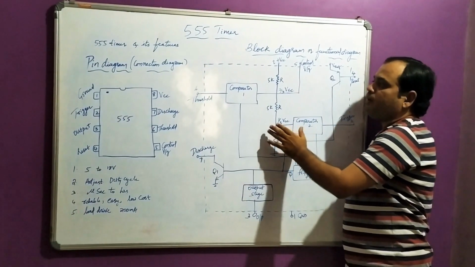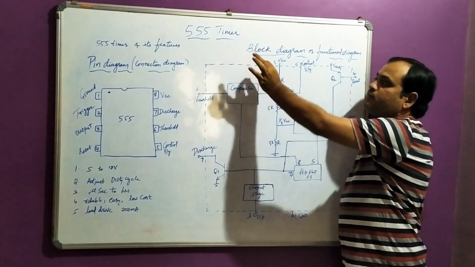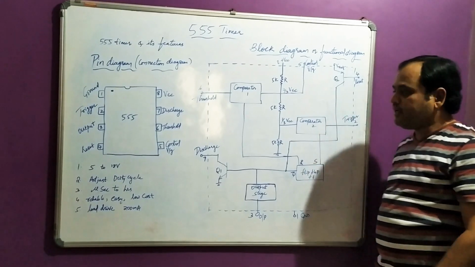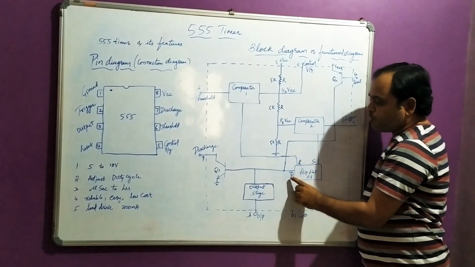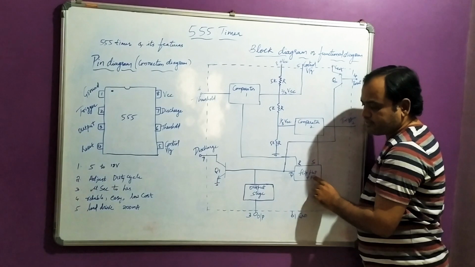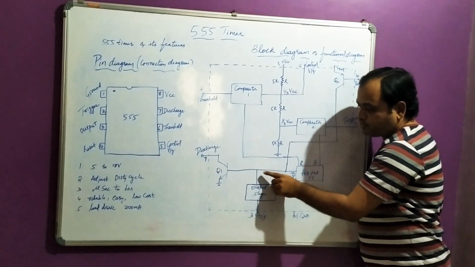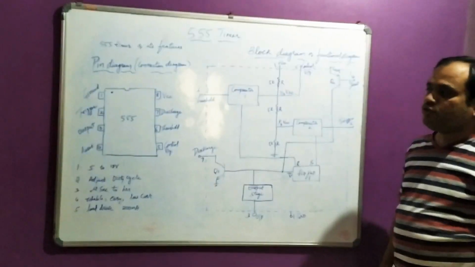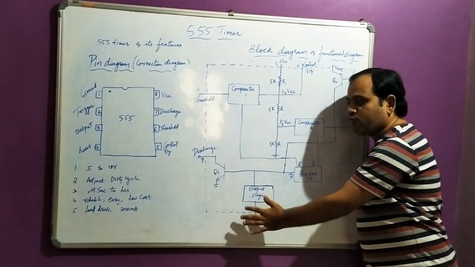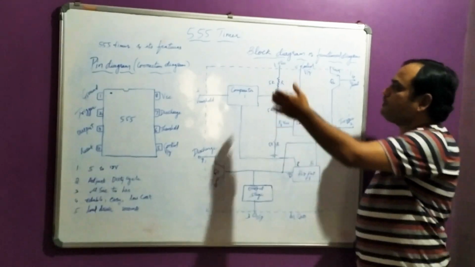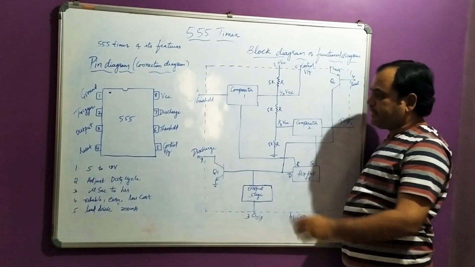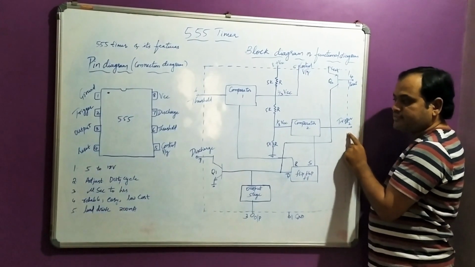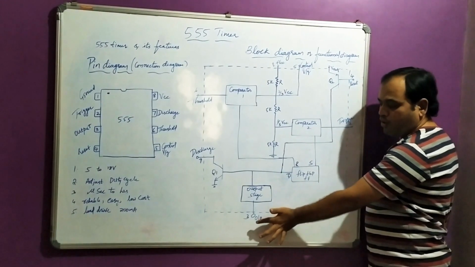Okay, so now coming to the operation, initially the 555 timer is stable. It is highly stable, which means Q bar is 1. So in the set-reset flip-flop, Q bar is 1. Q bar being 1 is connected to the output stage, which is an inverter, and produces the output low. So initially the output is low. Now let us say a negative triggering voltage is applied. Till then, the output is low.